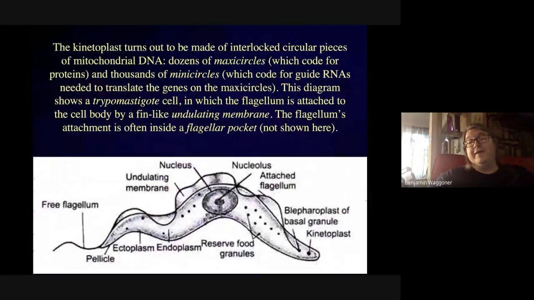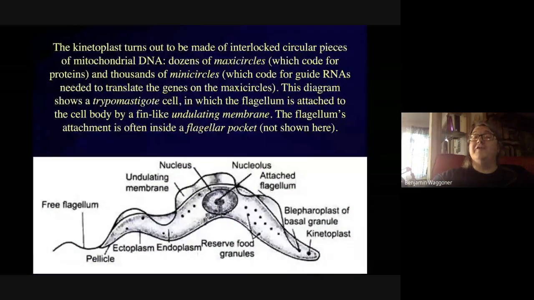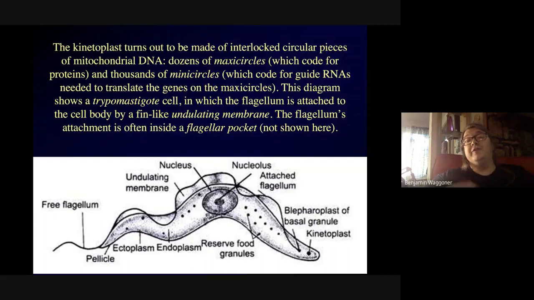And there you've got the kinetoplast right there. It's a funny thing. It's made up of these interlocked circular pieces of mitochondrial DNA instead of just one loop of DNA. These guys have mitochondrial DNA that's made up of dozens of so-called maxi circles and thousands of mini circles, all linked together,